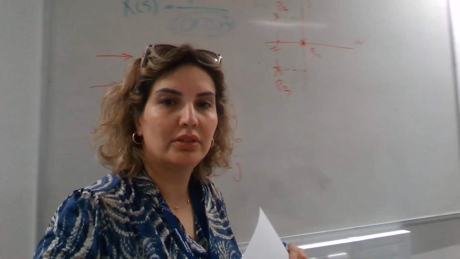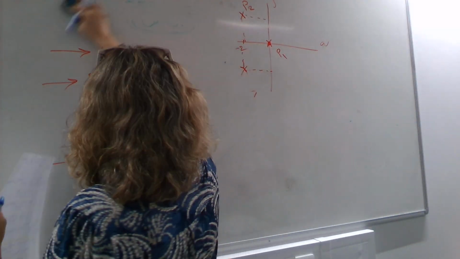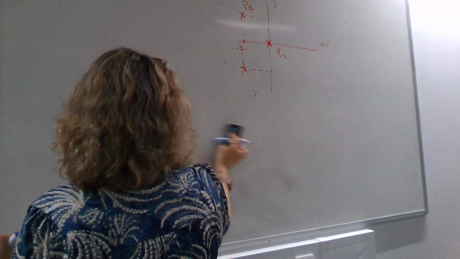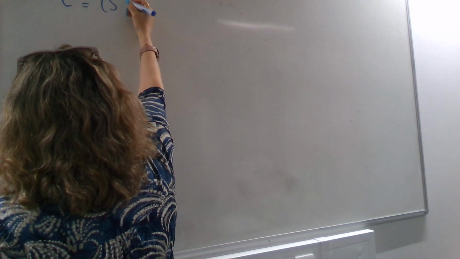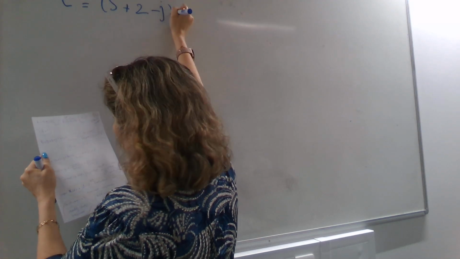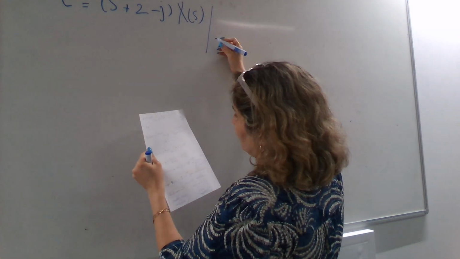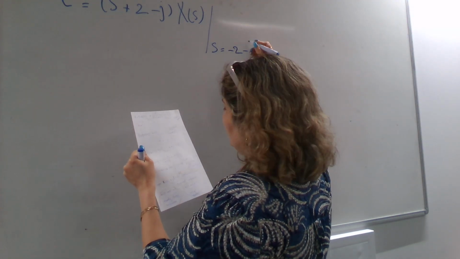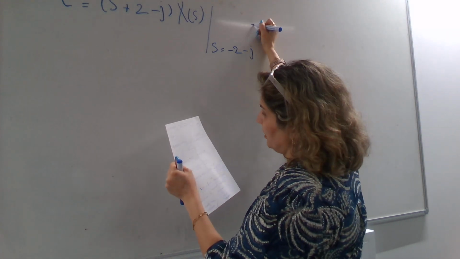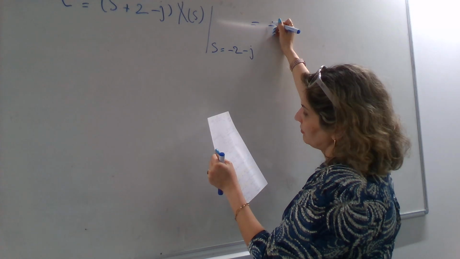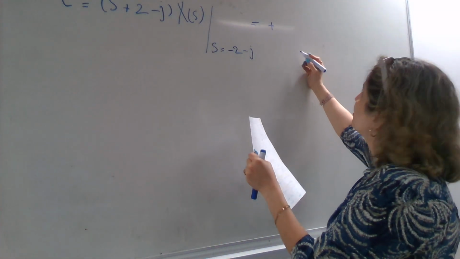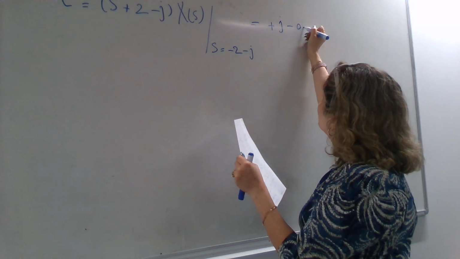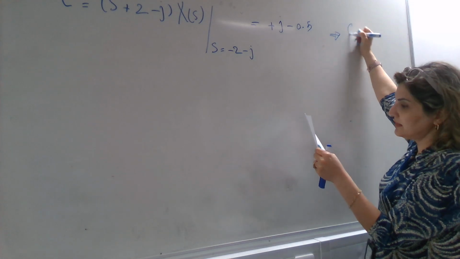Now we want to calculate the value of C. C is going to be s plus 2 minus j, times X of s, plugging in the value of s equal to minus 2 plus j, and that is going to be equal to, in a similar way, the other one is going to be cancelled out, and then that one stays, so it's going to be positive j minus 0.5. So that means that C is equal to